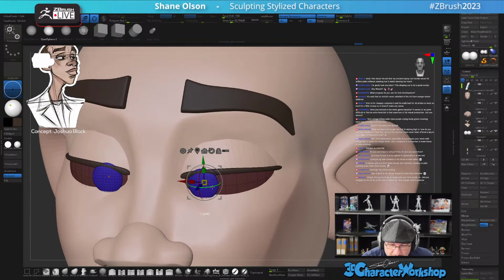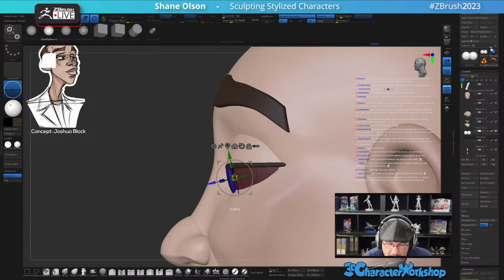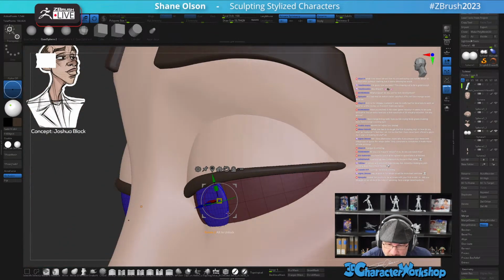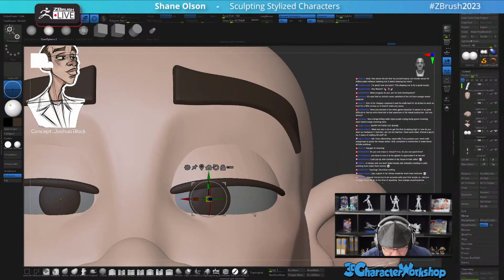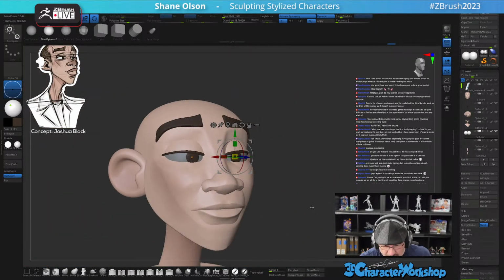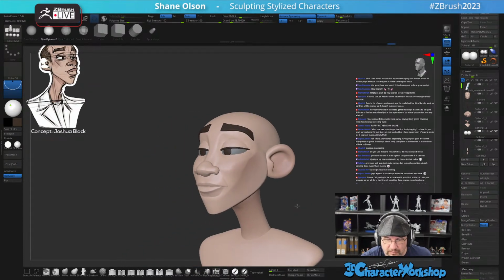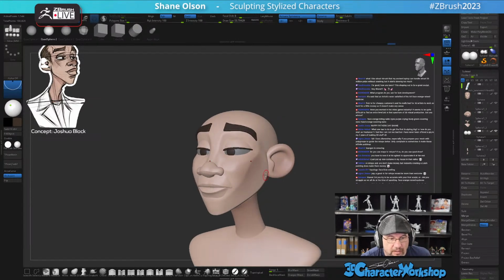That way I can kind of move it around, rotate it. And I want to bury it so the crest of the edge is actually touching the surface of the eyeball, like that. Let's put it in perspective and see what it looks like. That's kind of fun. Okay, now I think